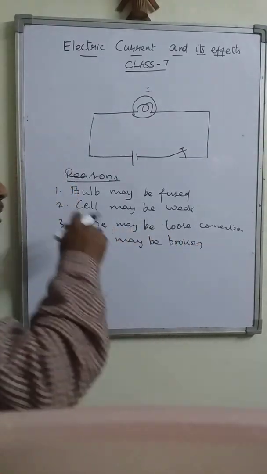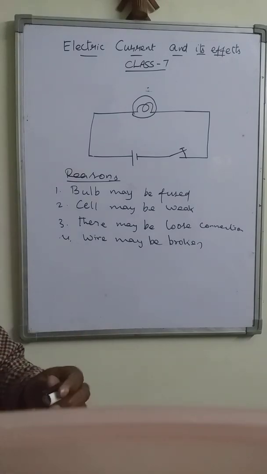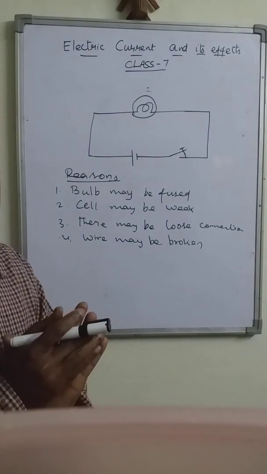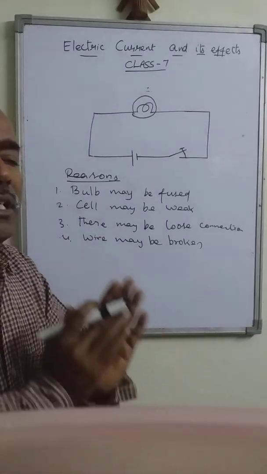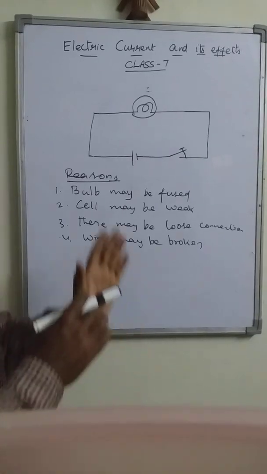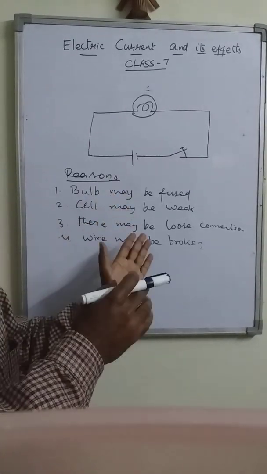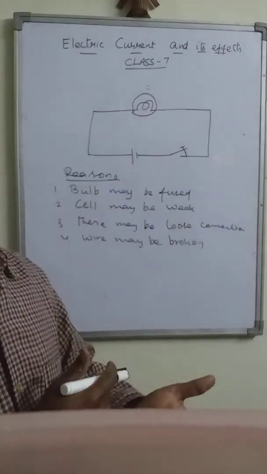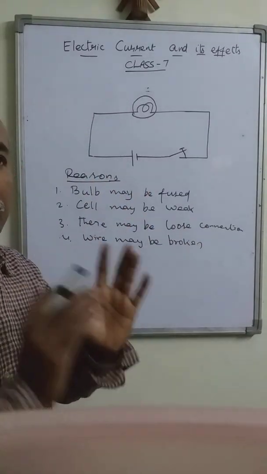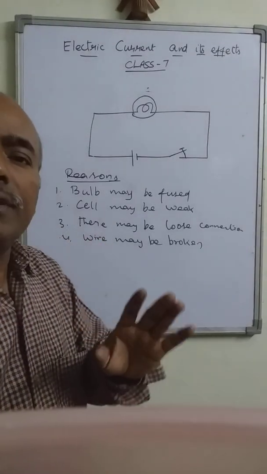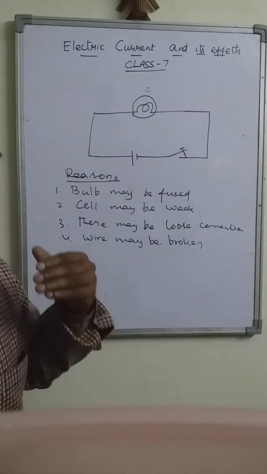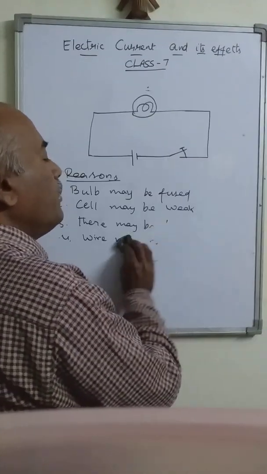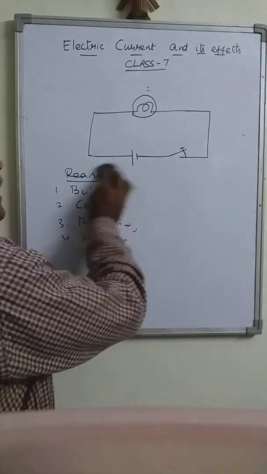So, these are some possible reasons due to which the bulb is not glowing. Right? Even though the circuit is closed, the bulb is not glowing. For this, these may be the reasons. If we rectify that fault, then again the bulb starts to glow. So this is the basic of the electric circuit. Now we have completed the basic part of electric current and electric circuit.